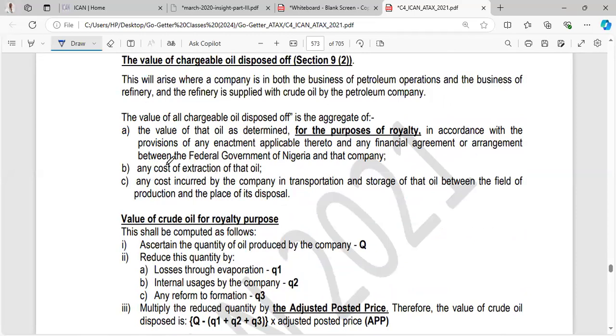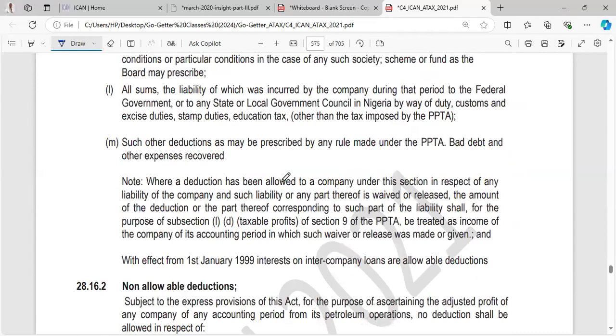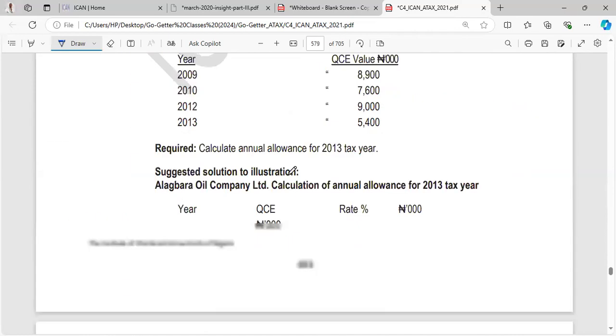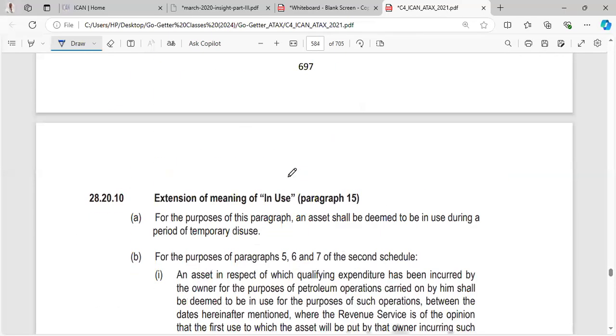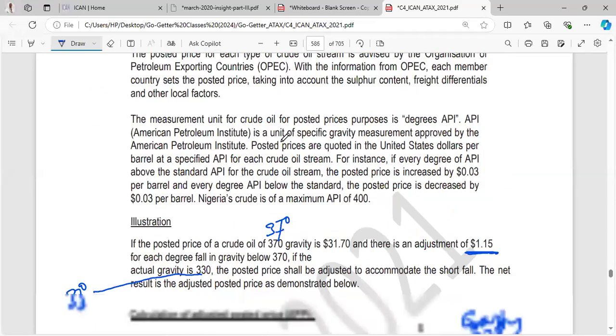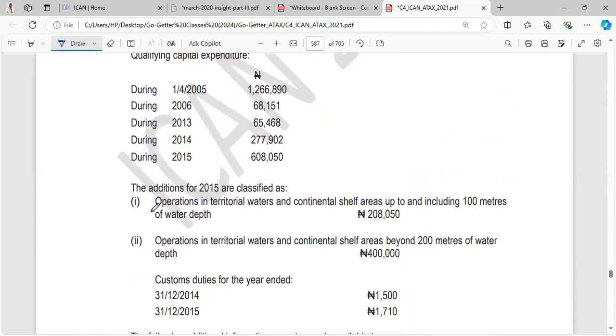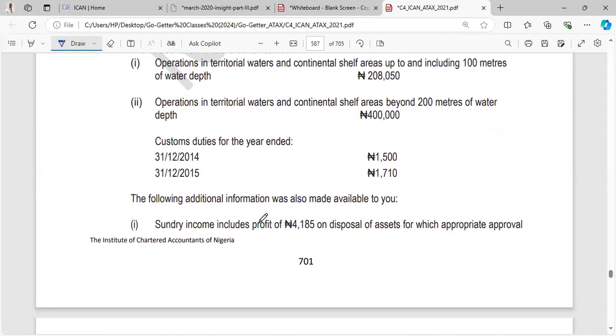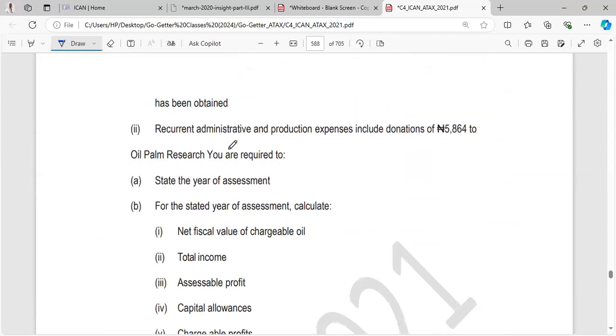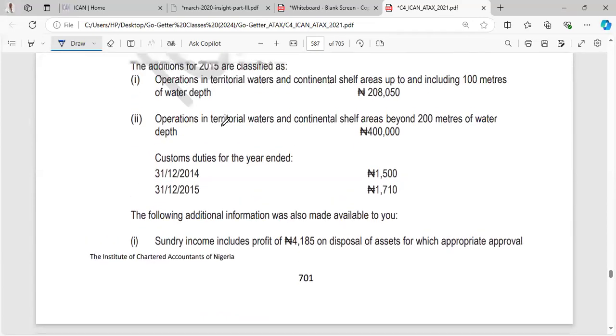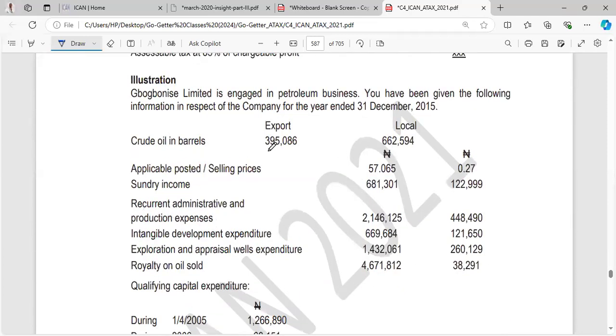plus any cost of extraction of that oil plus any cost incurred by the company in transportation and storage of that oil at the place of its disposal. Looking at this question, in the additional information, is there anything that relates to income? Sundry income is the only income in the additional information. So the value of chargeable oil will start with